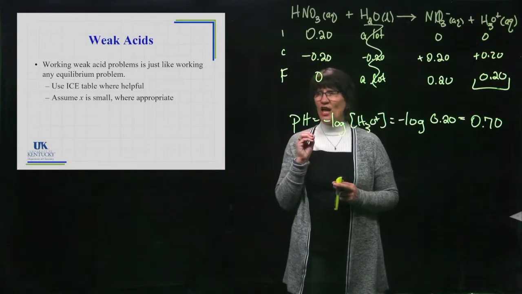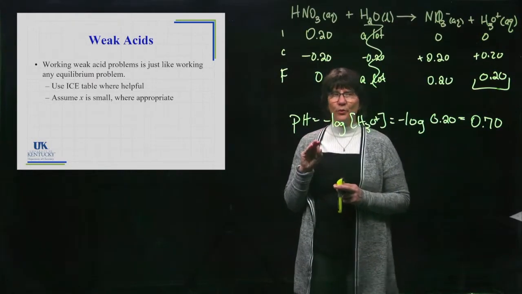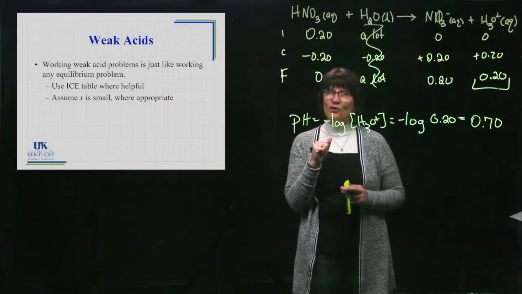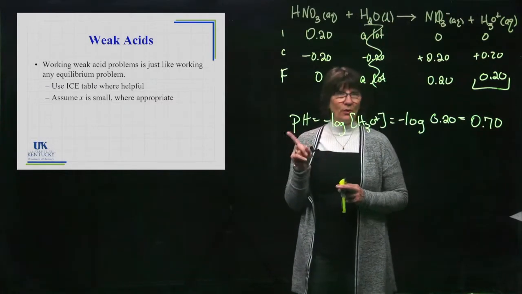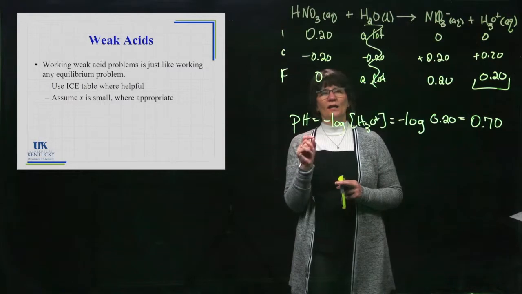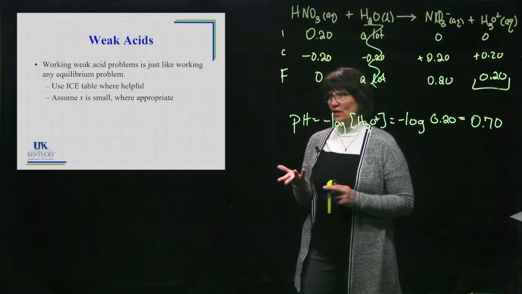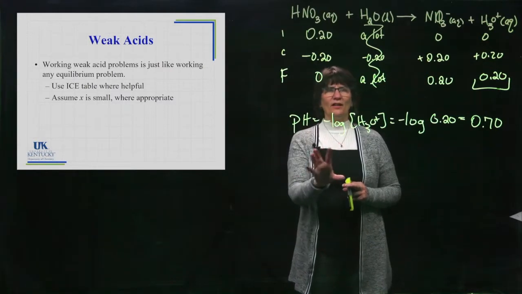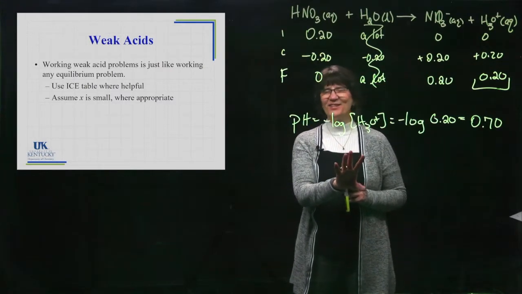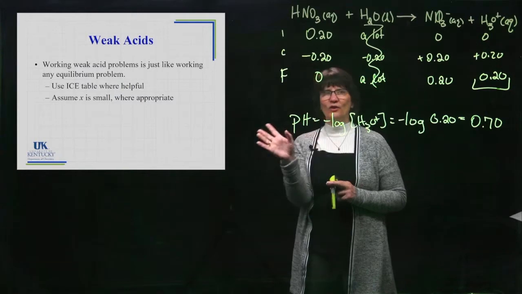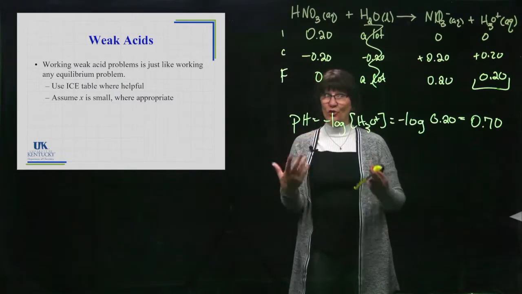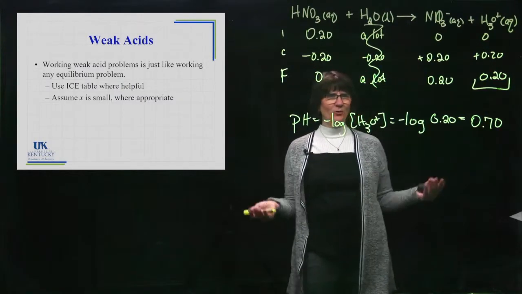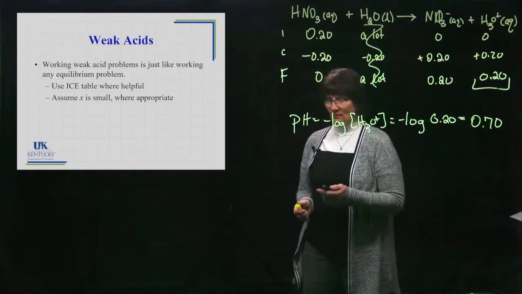What we're going to see in this chapter is it's almost always appropriate, because the Ka values are so little, to do the approximation, the assumption that x is much, much smaller than your initial concentration. Students who start working through these problems and then get ready to study for the test forget that assumption doesn't always apply, and they go back to the former chapter where we're just introducing equilibrium. They start wanting to assume it every time. It's only when K's are small.